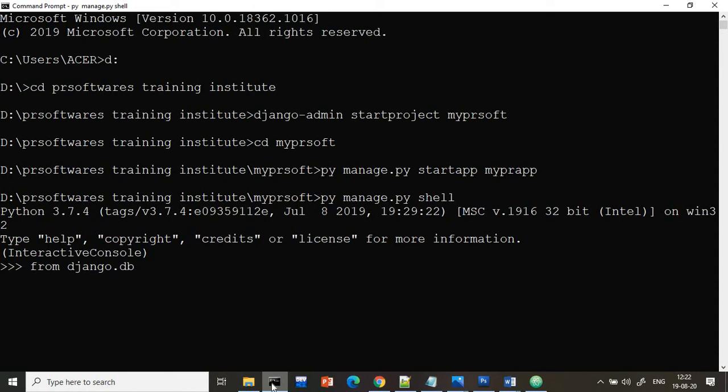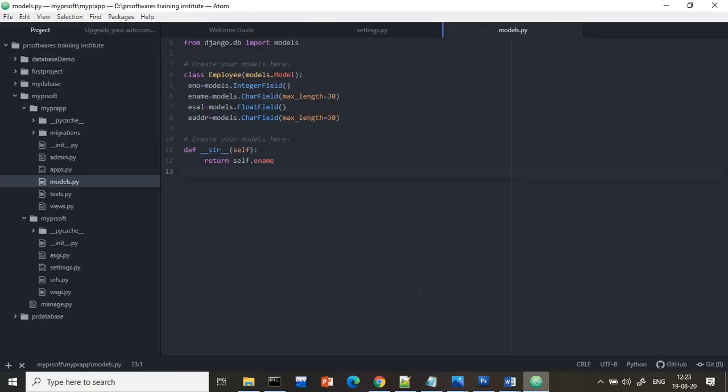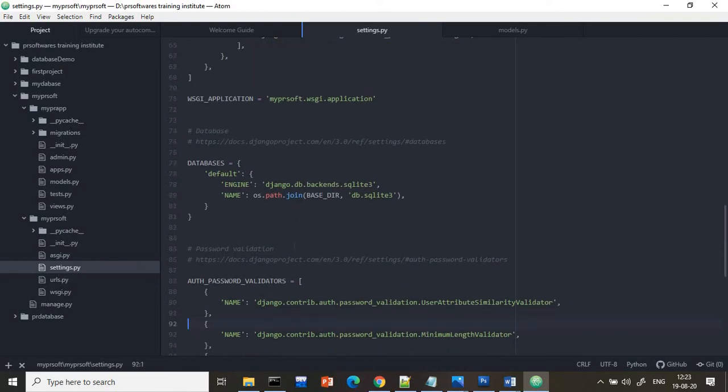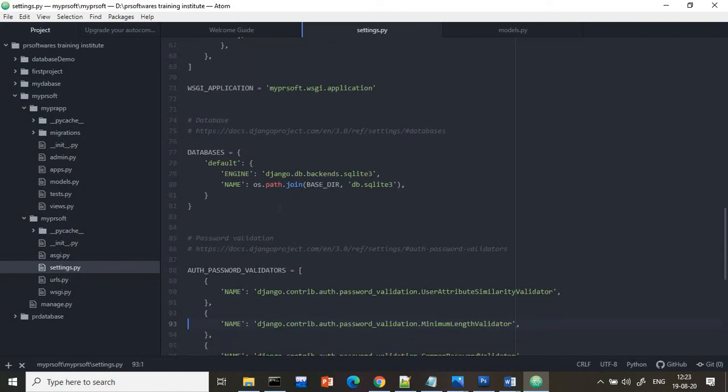And make sure, guys, I am using the database which is already there by default with Django. Where it is available, you can go to the settings, and at the bottom you will find this database. See, this is my database. By default SQLite 3 is available. If you want to change the database, you can write those details here, but how to do it we'll see in the future.